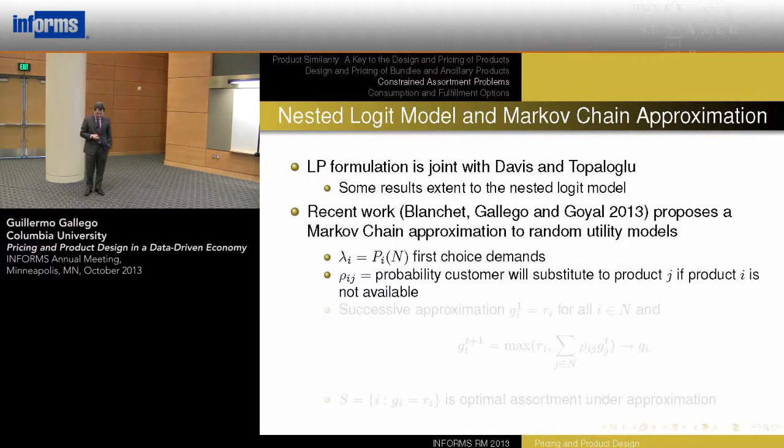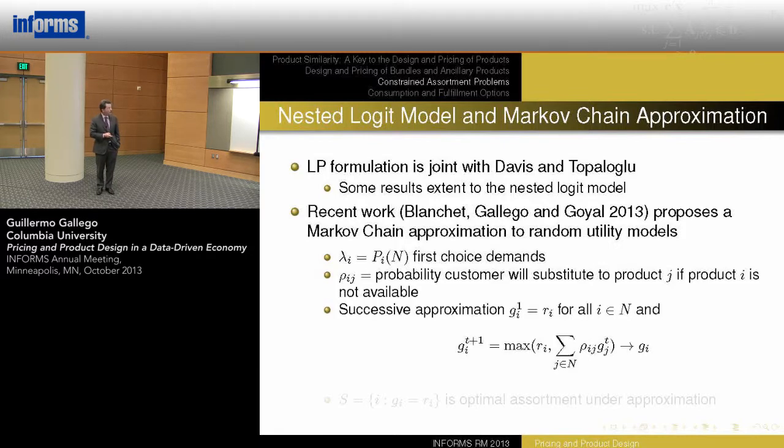And surprisingly, once you have a model like this, the problem of assortment optimization can be solved very, very quickly and very efficiently via successive approximations. And this is particularly important because there are many instances where you fit a model and you work very hard at fitting the model, but then the problem of doing the assortment optimization is hard. So here, you fit a model, you approximate it by a Markov chain, and then you can solve it efficiently via the following successive approximation algorithm. So you think that customers are going to be transitioning